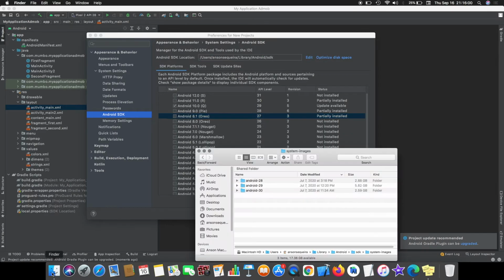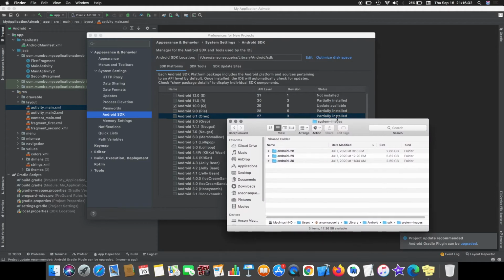You can delete the old ones and save that much space because usually SDK platforms take a lot of space. So you can see inside you have different packages on the platform. You can go to the folders and check what packages are installed partially or completely.